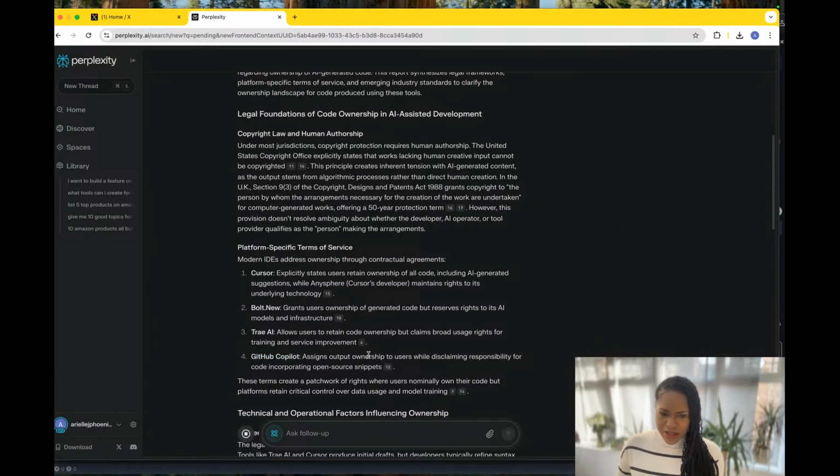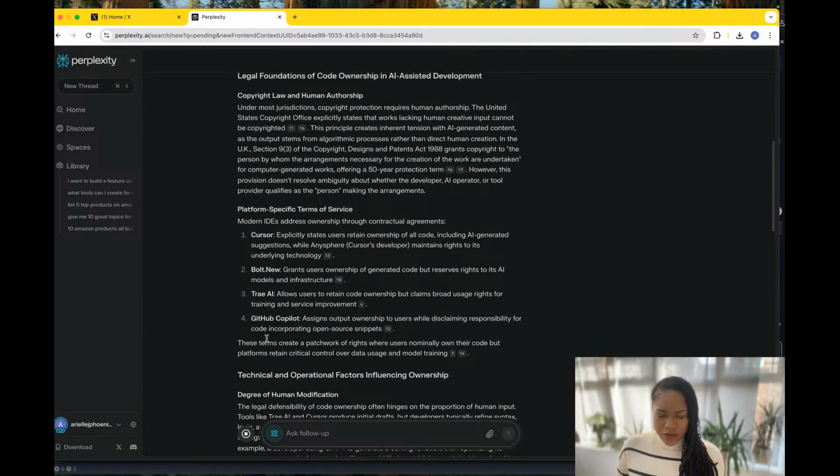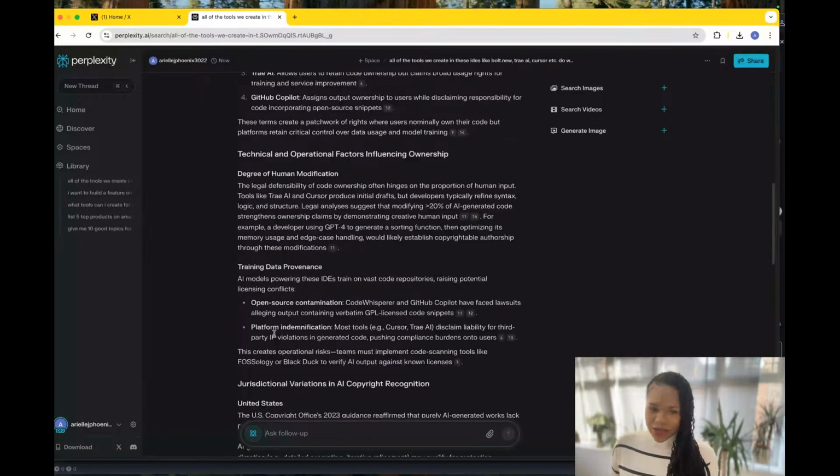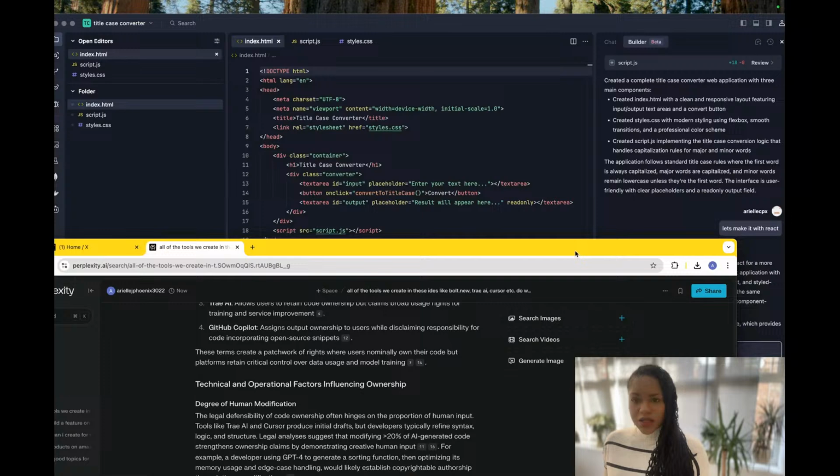GitHub Copilot assigns output ownership to users while disclaiming responsibility for code. Okay, cool. Yeah, kind of what I expected. Again, Windsurf was free because they were doing the same thing. They have to analyze what we're doing to improve their service. So that makes sense. But this thing, it built it with